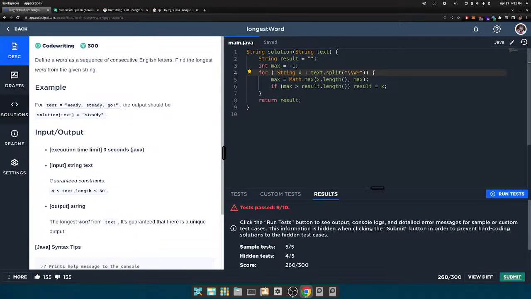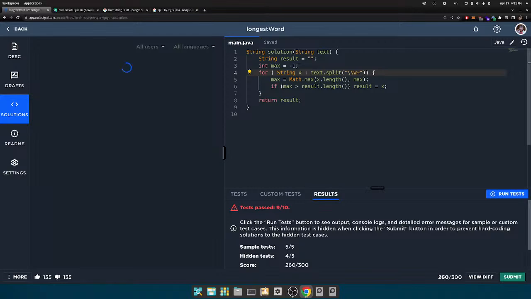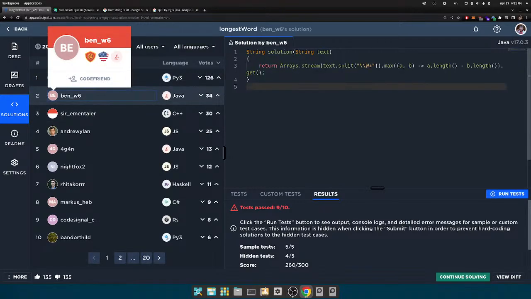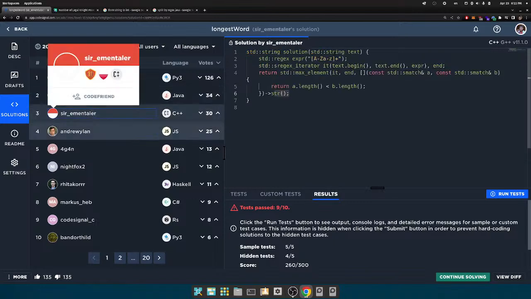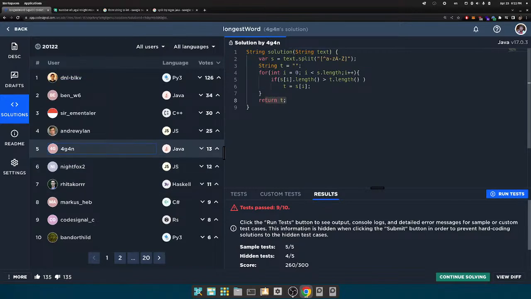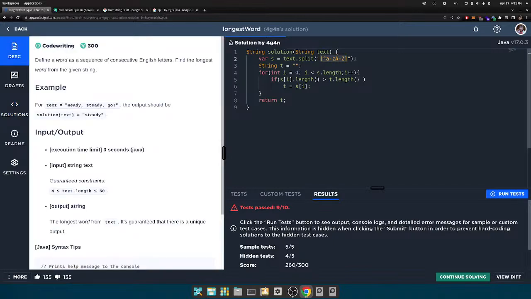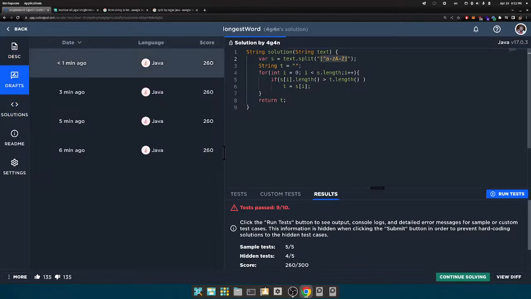What? Why is it not working? It's the same as the solutions. The same as pretty much this one. Right, so you compare one and the other. Get the max from the lengths of these. Just return it. What's happening? Same here, right? So you are comparing it. Maybe we just need to do this instead of the other split,